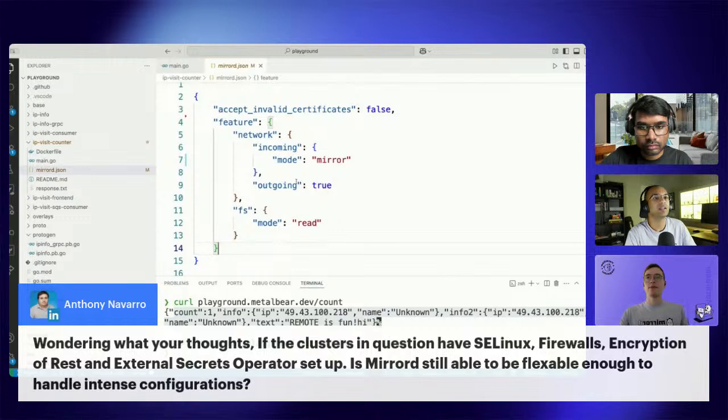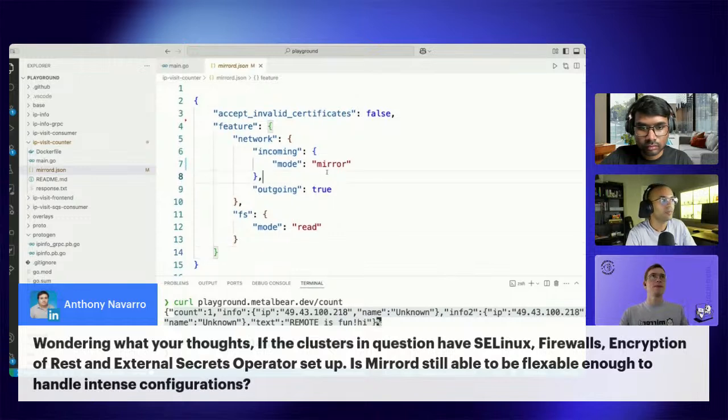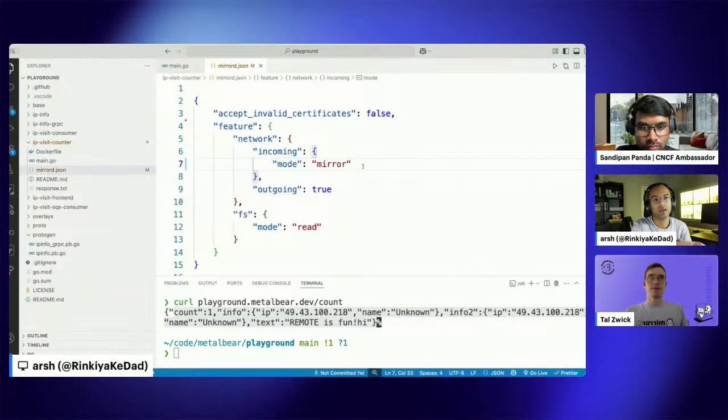Cool. So coming back to the demo, what we saw was the mirror mode in mirrord, where any requests which come to the cluster get mirrored to the locally running process. But there will be instances where you want to test the response of your code as well, right? Here we saw that the response was still being sent by the service in the cluster. So when you want to test the response of your code as well, we have a different mode, which